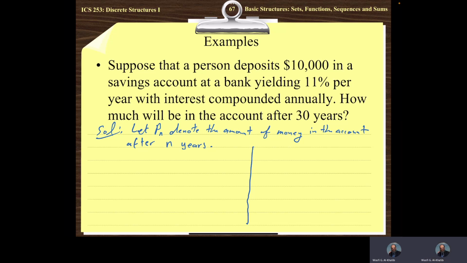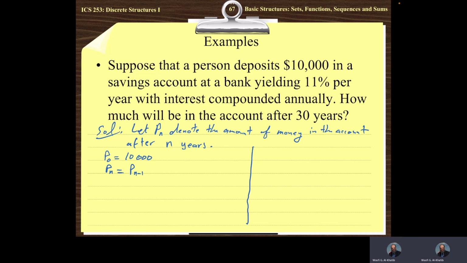Who can tell me the $10,000 will represent what? P_0, right? So basically we have P_0 equals 10,000. Now, let me ask you this. Is it easier to represent P_n as a function of n, or as a function of the previous value, which is n minus 1? It's the previous value, right? So P_n will be equal to what in this case? P_{n-1} times